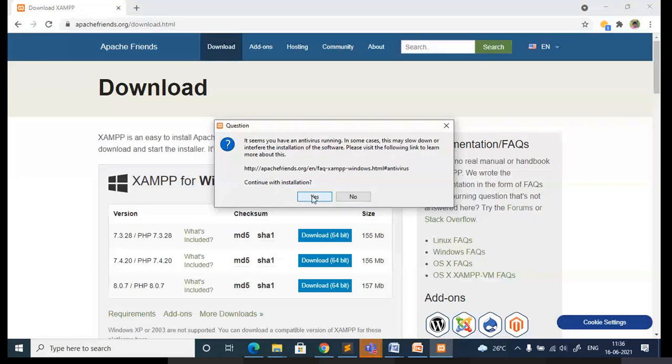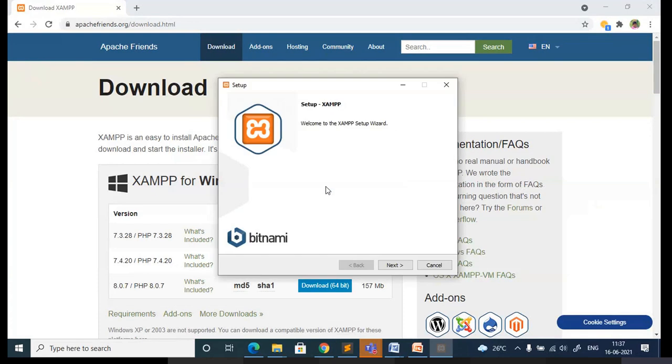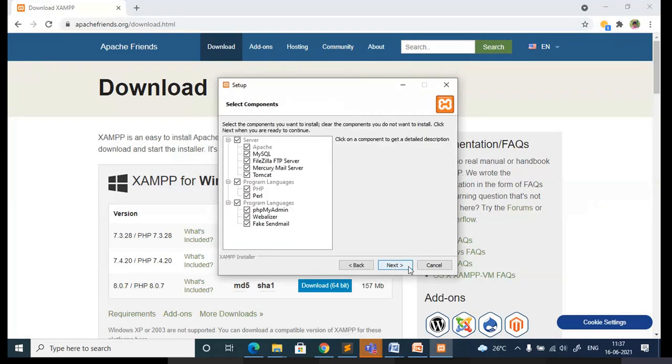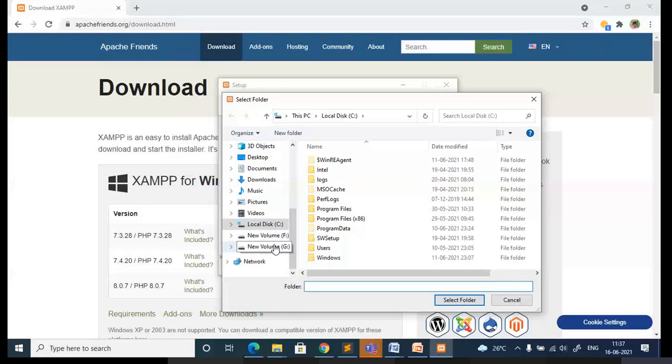Because I have an antivirus installed, it gives some error message. You can see what programs you can run by installing this. You can even go with Perl, not only PHP. Now where do you want to store it? I don't want to use the C drive, so I'll change the location.